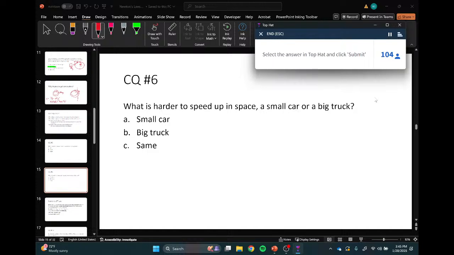And the reason for this is Newton's second law. It turns out that it doesn't depend upon the weight. It depends upon the mass. And this is a subtle little difference. I say subtle, but it's a pretty big difference. Mass is how much stuff something has, literally the number of protons, electrons, and neutrons. Things have more mass when they have more protons, neutrons, and electrons.